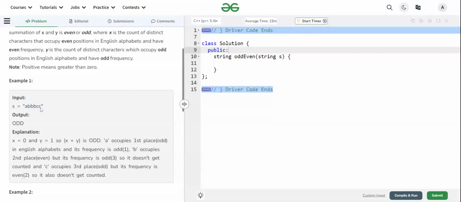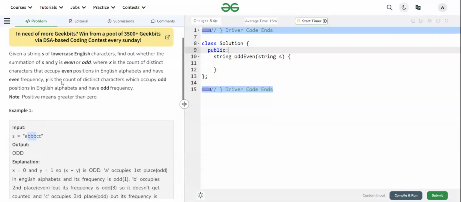And c is in an odd position, but its count is even, so no value is added in y. So y will be 1 only, and x will be 0. x is 0 because x is for even positions, and b is even, but its count is odd.